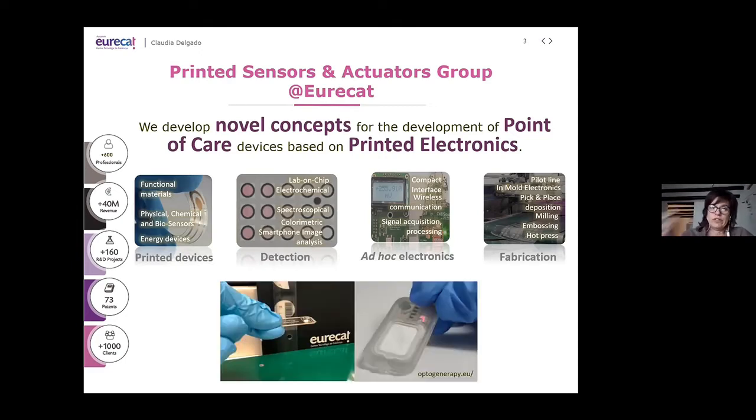An example that makes the whole process easy to see is this lab on chip device, created for a recently ended European project called Optogenerapy, where you can see